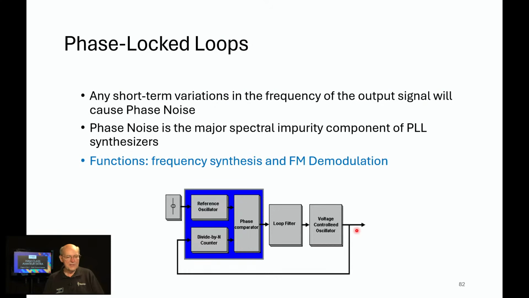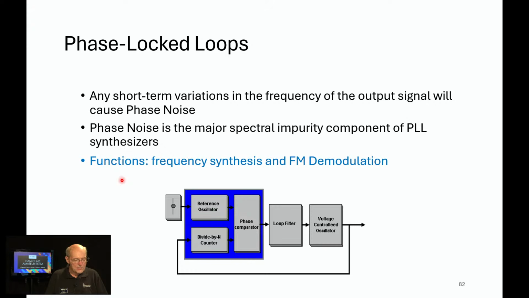That hunting causes something called phase noise as the frequency is changing slightly. And then phase lock loops, a little bit more on phase lock loops. Any short-term variations in the frequency output will cause phase noise, meaning that the frequency will shift up or down a little bit, the phase is changing. Phase noise is the major spectral impurity component of a phase lock loop synthesizer. And interestingly, and this will make sense when we talk about it,